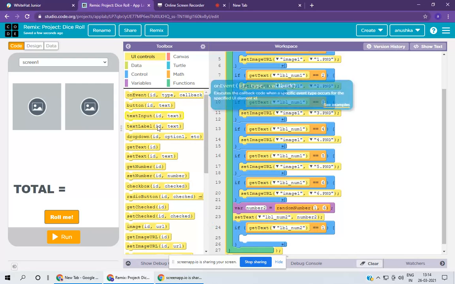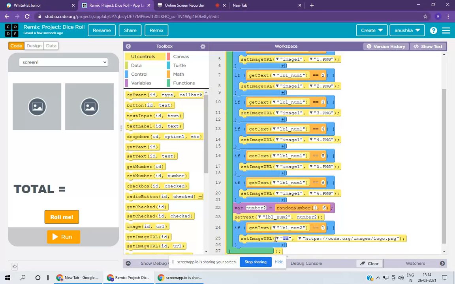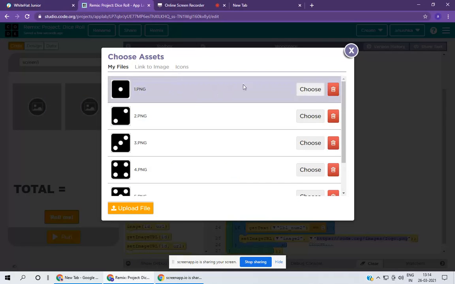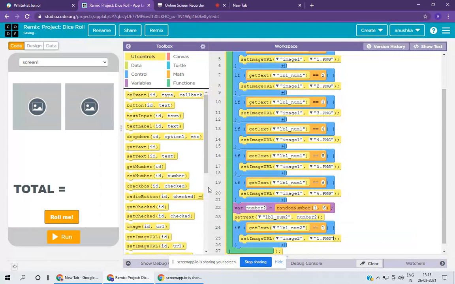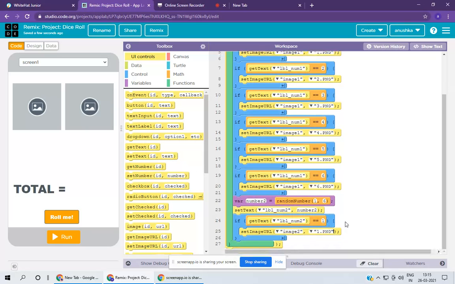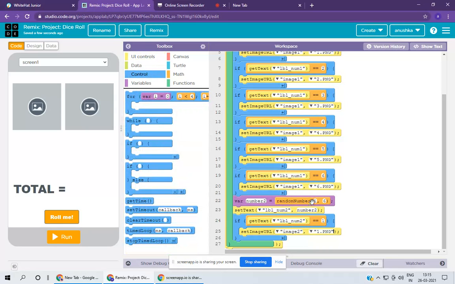Okay, so now take set image URL, and ID should be, yeah, image number 2, because we are coding for image number 2. Yeah, and here we need the first image, choose 1.png. This image is done by Whitehat Junior, and like this I'm going to code the whole thing.